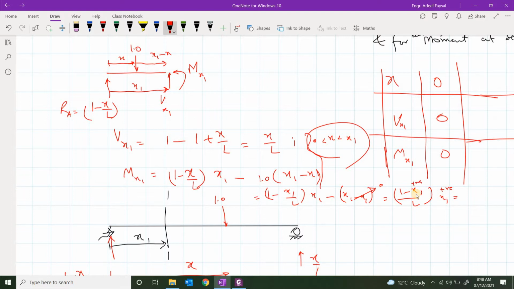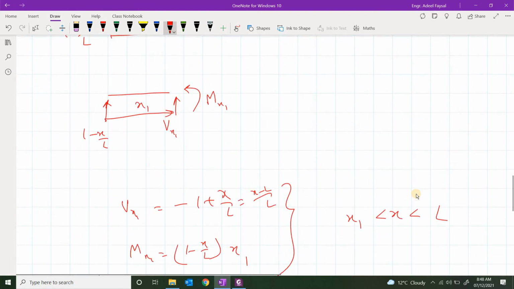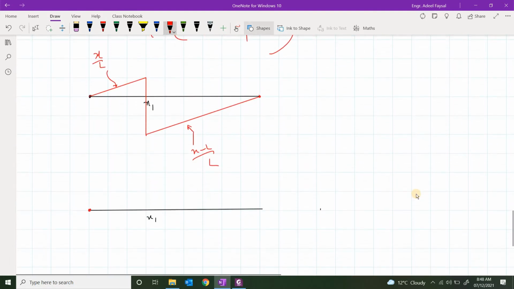Now depending upon whether x1 is larger than 1 or smaller than 1, you'll be getting a positive or negative answer. But anyways, if you plot the general shape of this equation, it would be somewhat like this. Straight line. Wherever the second ordinate falls, you'll just join that point over here. And the problem in this case is that x1 is not a numerical value, and we're treating x1 as x1 only. So you cannot really find the actual ordinate at this point. But this is how the shape should look.